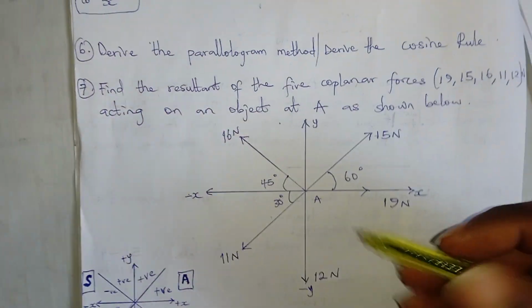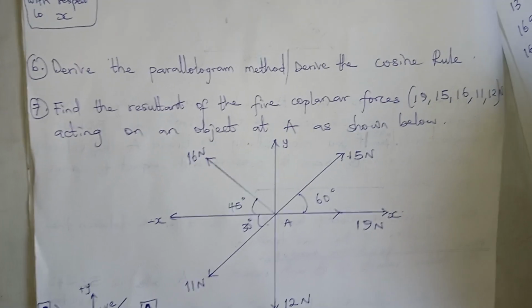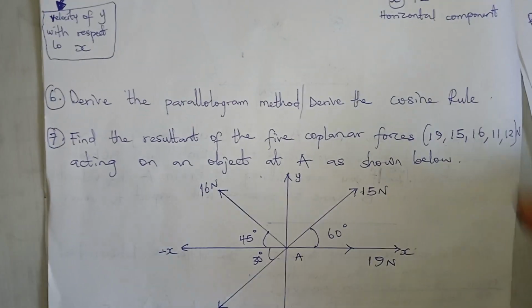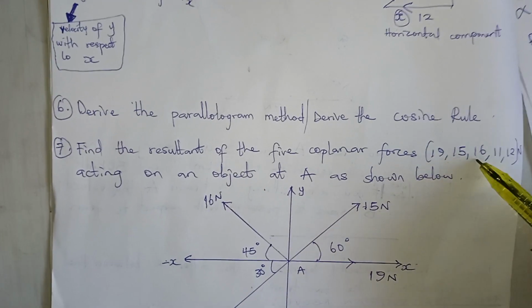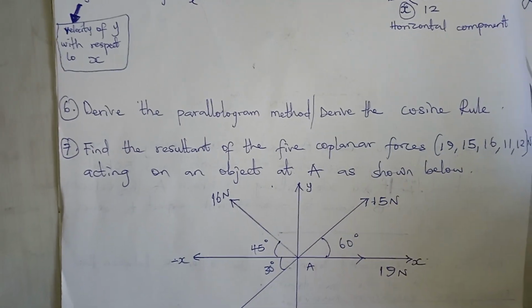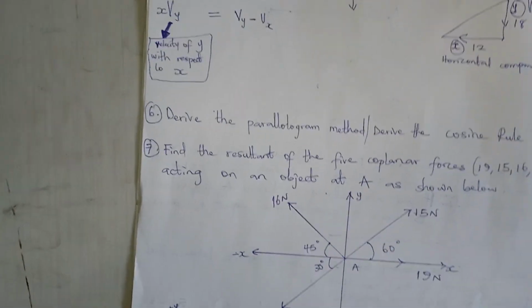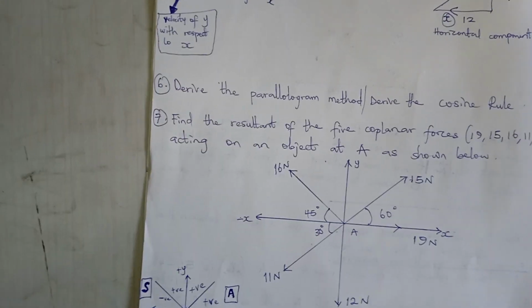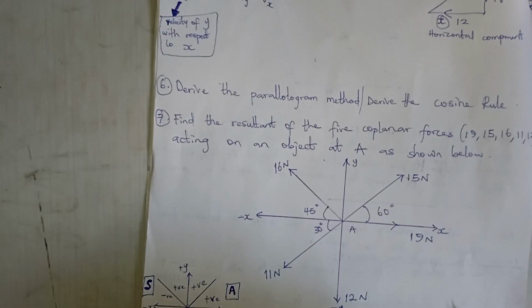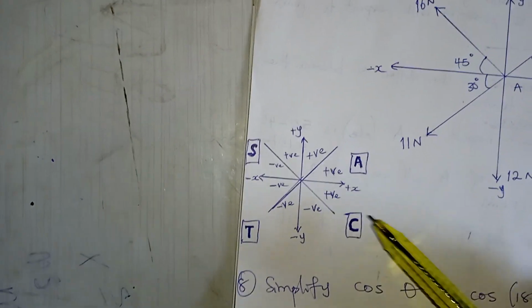Now, see, I've already drawn the diagram. Find the resultant of the 5 coplanar forces, 19 Newton, 15, 16, 11, 12, all in Newton, acting on an object at A as shown below. So, what you need to understand whenever you see this kind of question is that there's something like this,